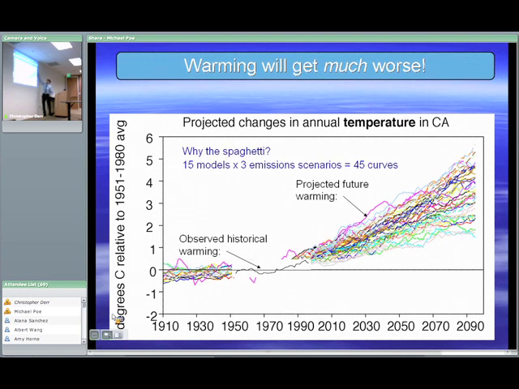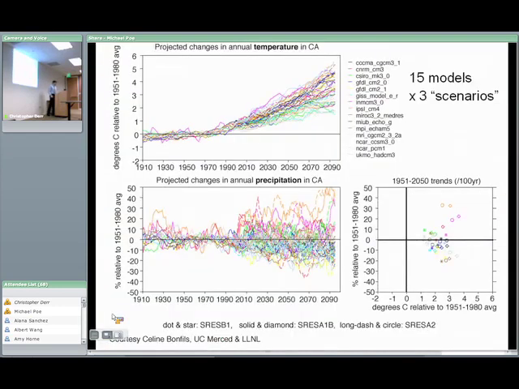So actually, first of all, 2 points. One is, whether we end up here, it's a big difference from ending up here, okay? This is really, I think, completely unacceptable. This is probably intolerable. But the other point is that all of this is much more warming than we've already experienced. So it seems like it's going to get much worse. The question is how much.